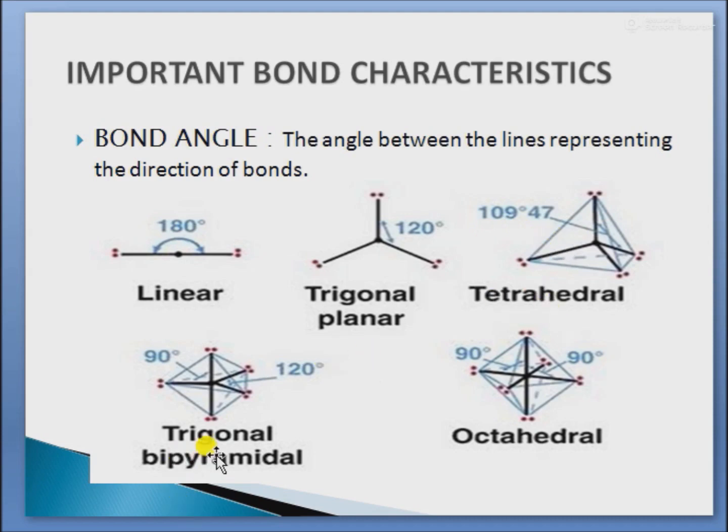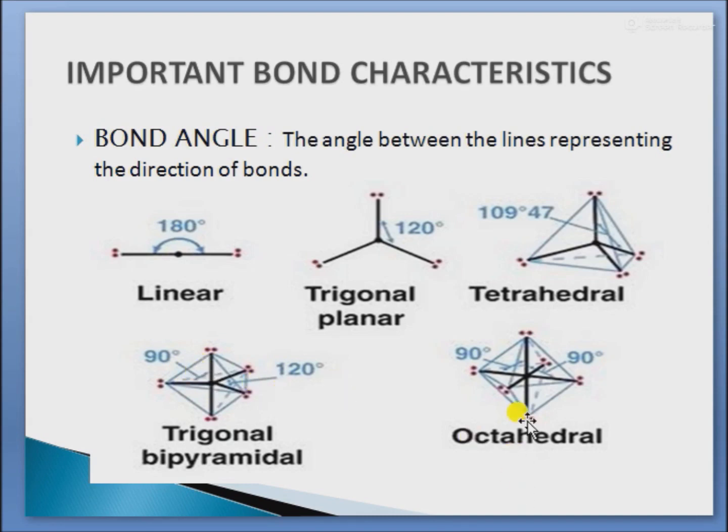This is a tetrahedral angle. And next one is trigonal bipyramidal, in which there are 5 bonds and two angles, one in the equatorial plane and one in the axial plane. In the equatorial plane there are 3 atoms, and in case of the axial plane there are 2 atoms. It is 120 degrees, and in case of axial it is 90 degrees.